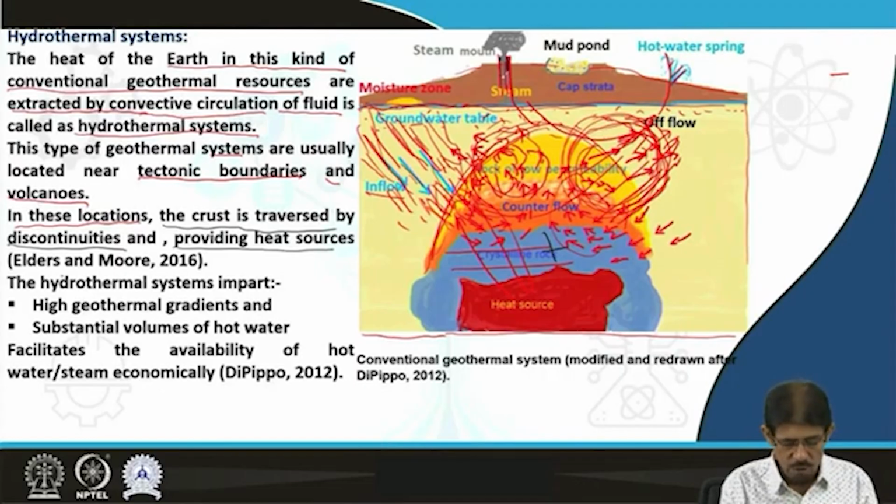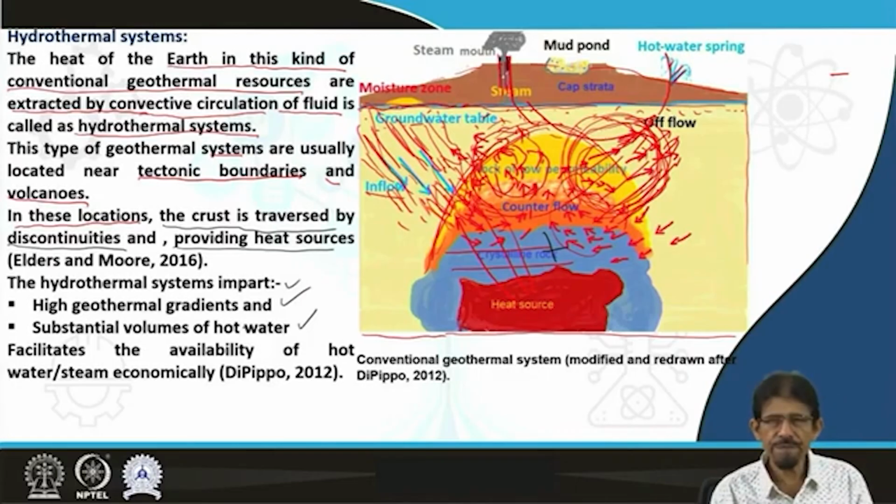The hydrothermal system imparts a high geothermal gradient and a sufficient volume of hot water. This high geothermal gradient and available sufficient volume of hot water facilitate the availability of hot water streams